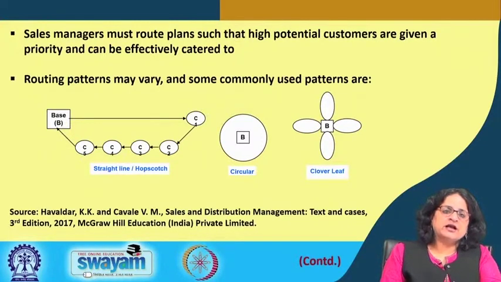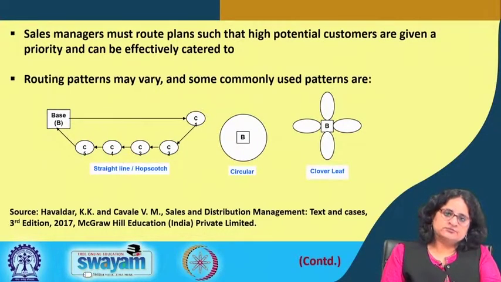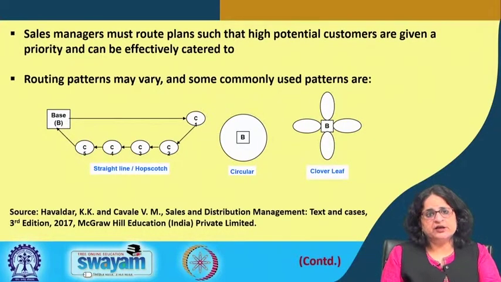So, he can either go to the farthest point, which is C1, and then move backwards to C2, C3, C4 and C5, which means that if the base is in Kolkata, he has to take care of territories and clients till Bhubaneswar. So, he first goes to Bhubaneswar straight away from Kolkata, and then he returns, and while on his return he stops at Cuttack and at Bhadrak and at Balasore and at Kharagpur, and then he returns to his base. So, that is what we refer to as the hopscotch pattern,